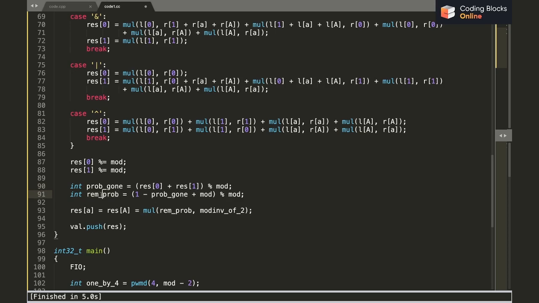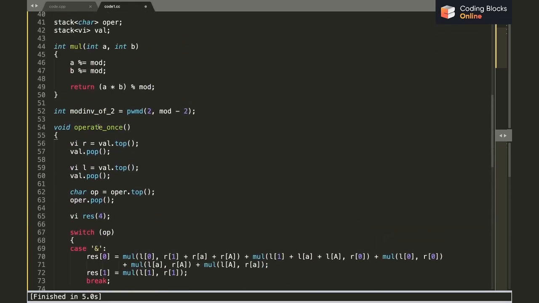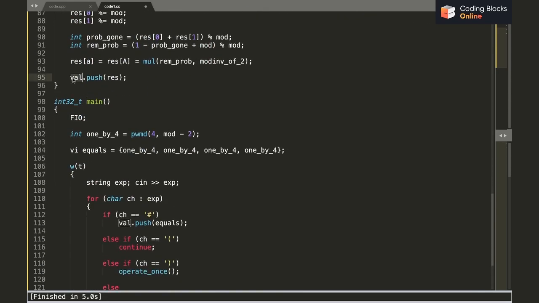Then the remaining probability that I have to distribute among small a and capital A will be 1 minus the probability that is gone. Then the result of small a and result of capital A will be equal to the remaining probability by 2. So I'll just multiply the remaining probability by mod inverse of 2. I have stored it in a global variable called mod inverse of 2, right? So I'll just push the result value as we just discussed.